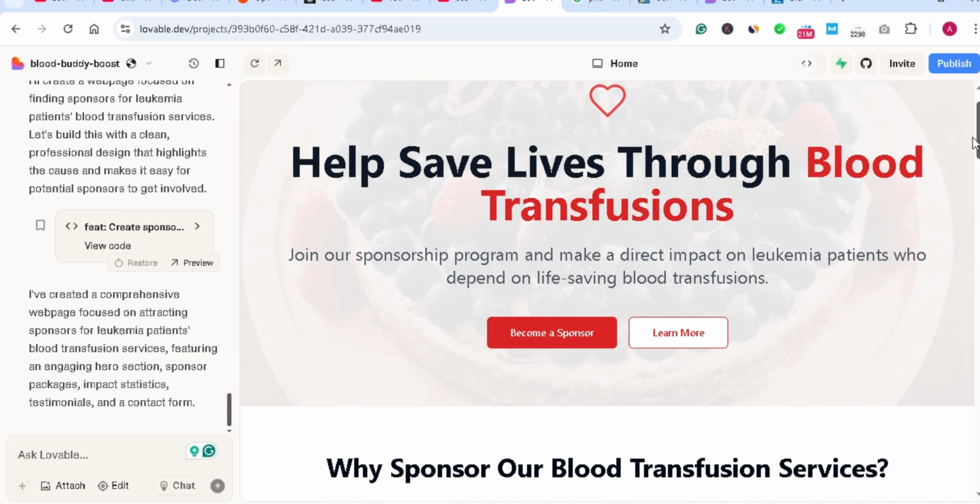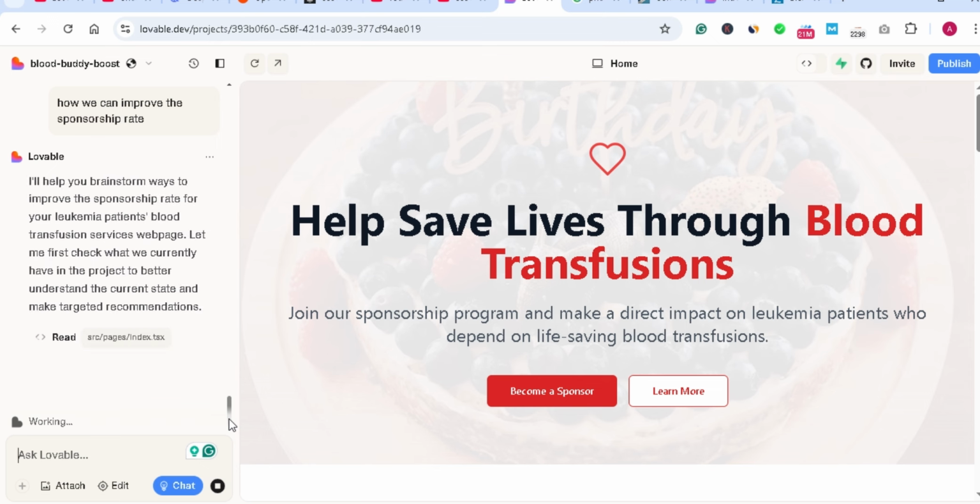I'm just asking it how we can improve the sponsorship rate. So let's see. If I enter it, it will not change the code or the website. It is working on it, and it will give me some information on what changes can be made to this website so that the sponsorship rate is increased. So it says that